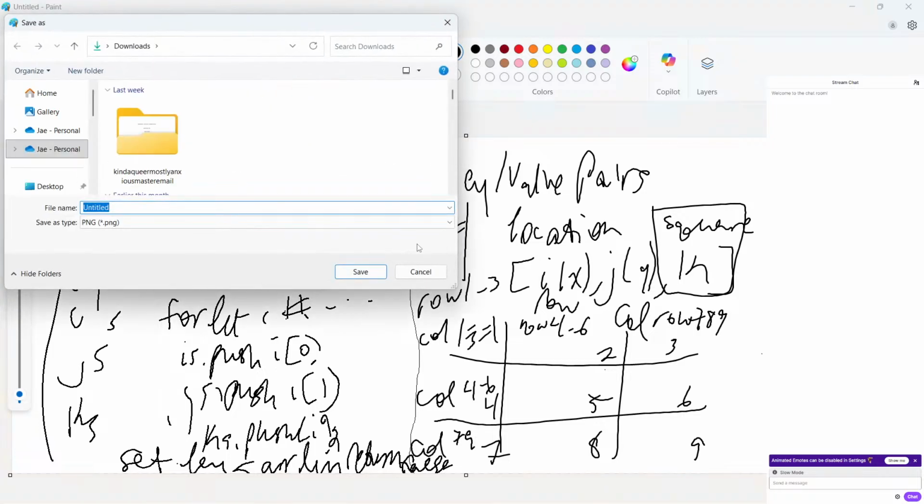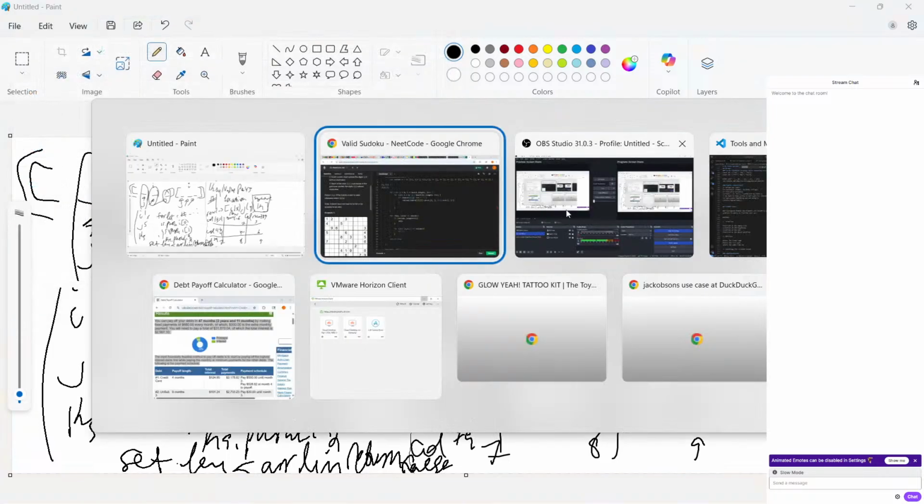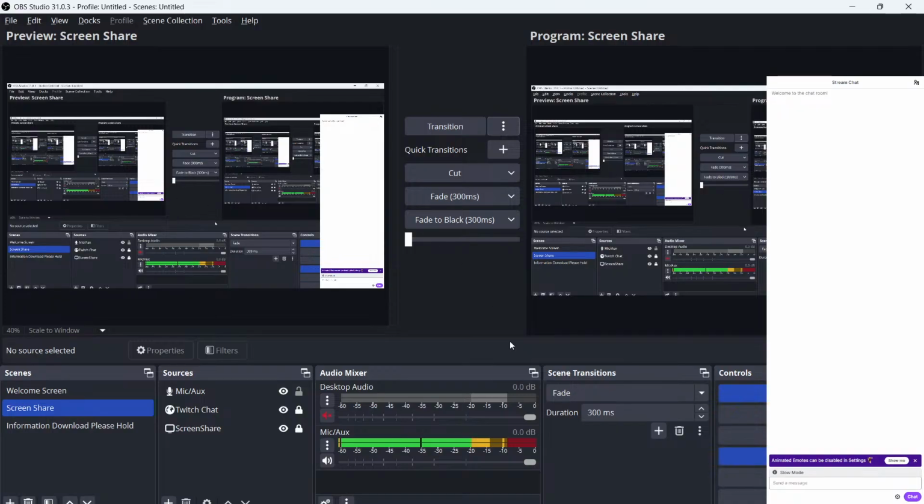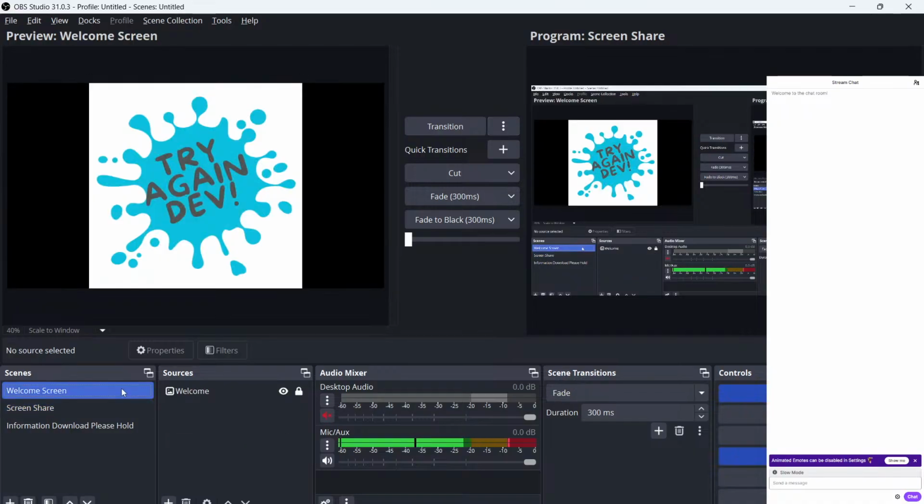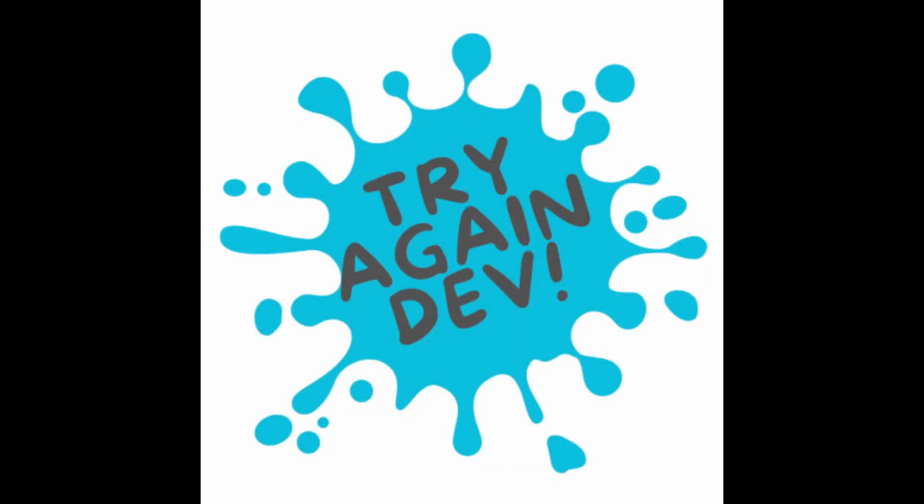Okay, so I know I'm a big supporter of taking breaks and everything, and in my local time it's like 1 a.m. So I'm straight up gonna take a break until some other time, and this particular code solution is gonna be a to be continued. So keep trying again, devs, and